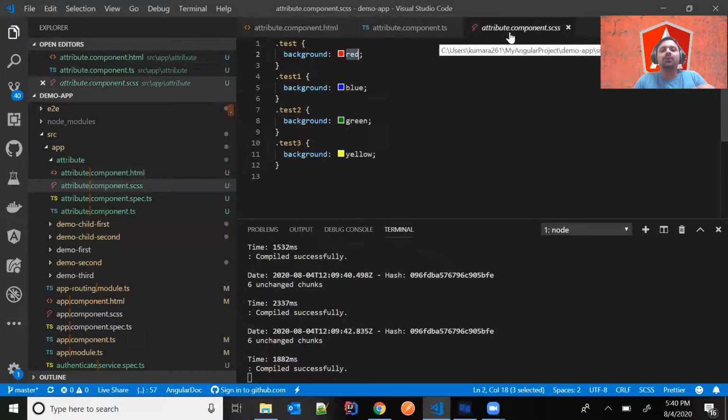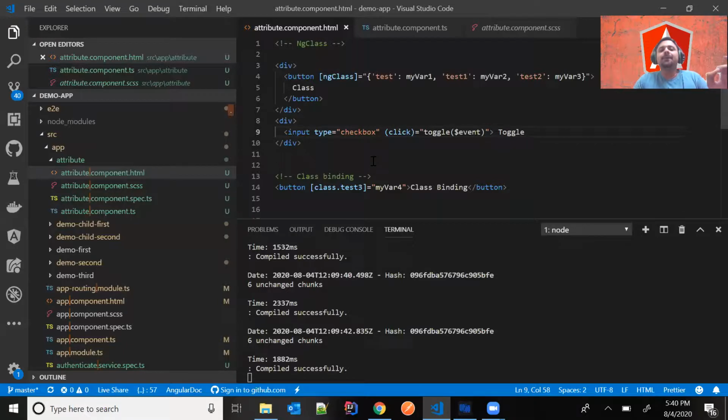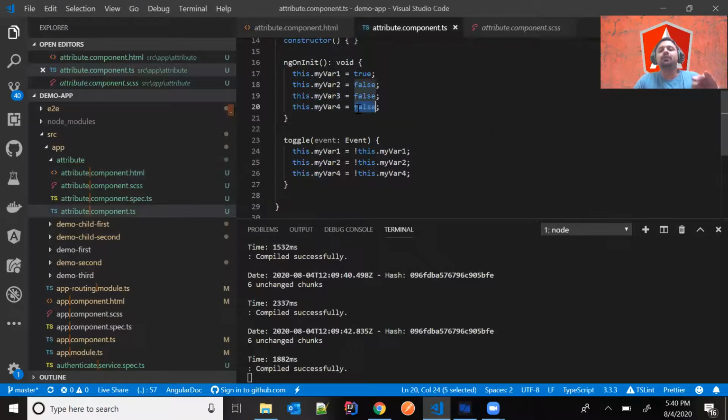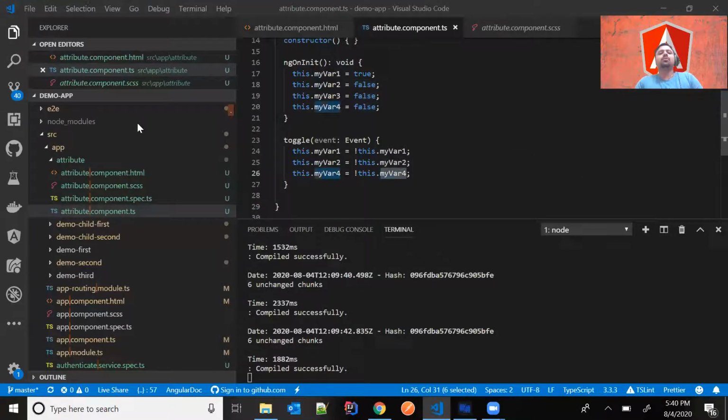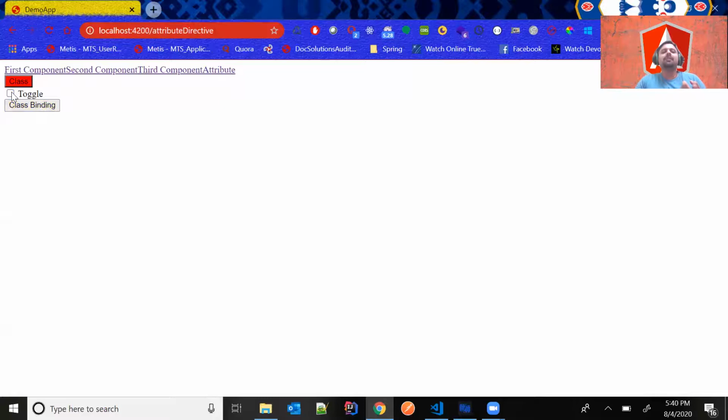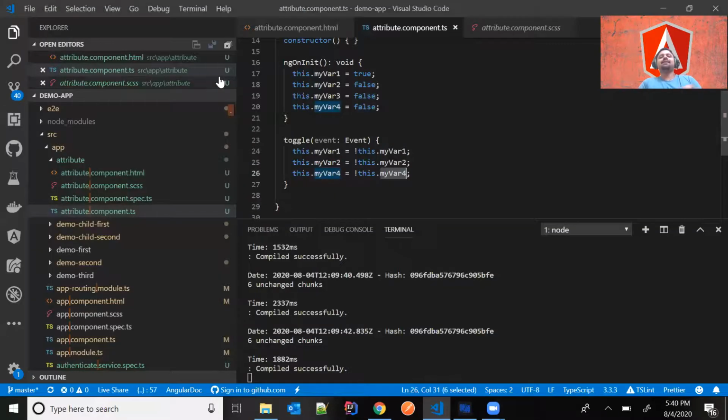Why yellow? Because I have set my test 3 as yellow. So why did test 3 get applied to it? Because my variable 4 becomes true, as initially it was false, and as soon as the toggling happened, it made it true. Now when toggling happens again, it goes back to the initial state. So what is happening? The classes are getting applied and getting removed. So this is my